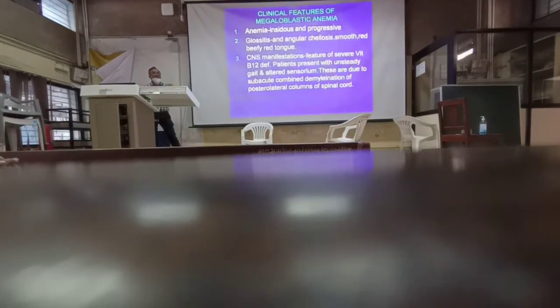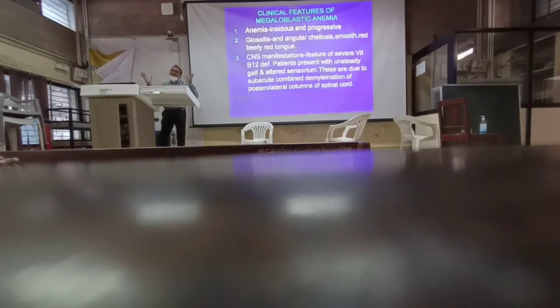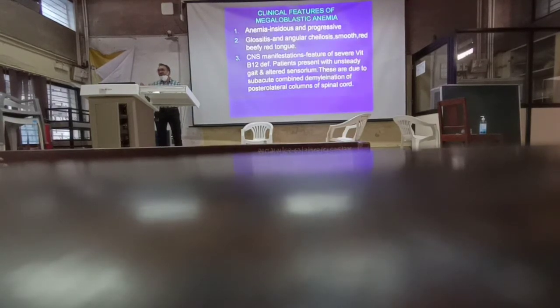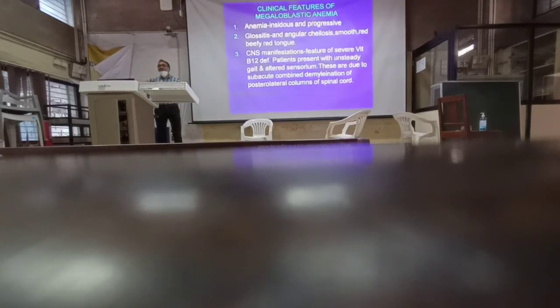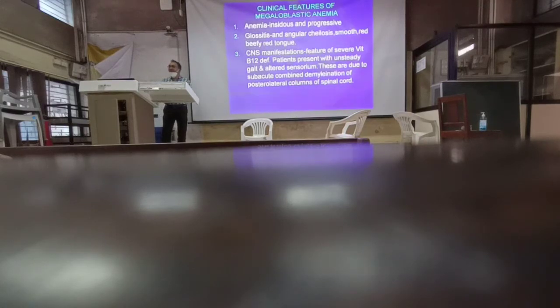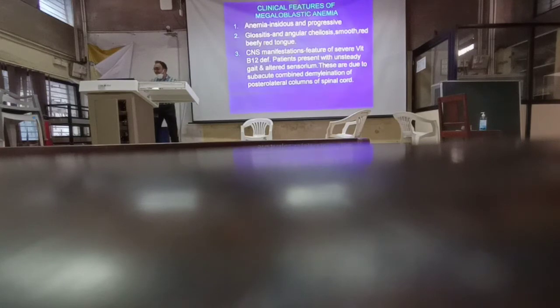But what happens initially, whoever has anemia, everyone is given iron, so they used to give iron. A real vitamin B12 deficient patient will not improve with the iron, so they have to check this test to rule out vitamin B12 deficiency, especially in young adults. So this is a CNS manifestation test, altered sensorium and unsteady gait,